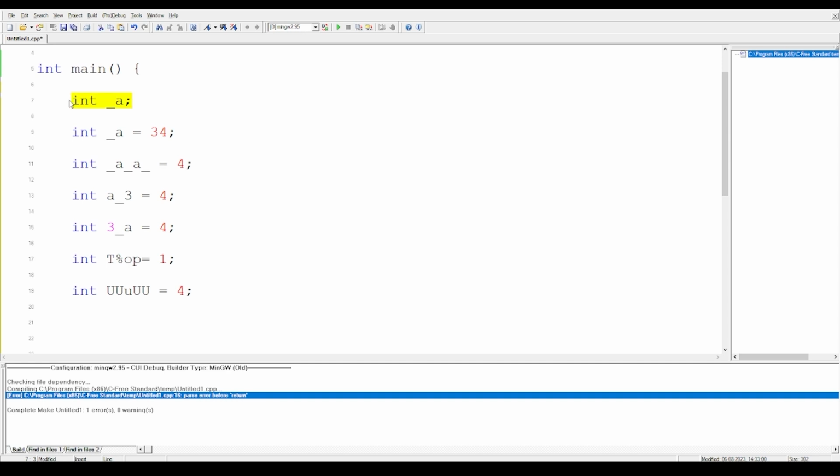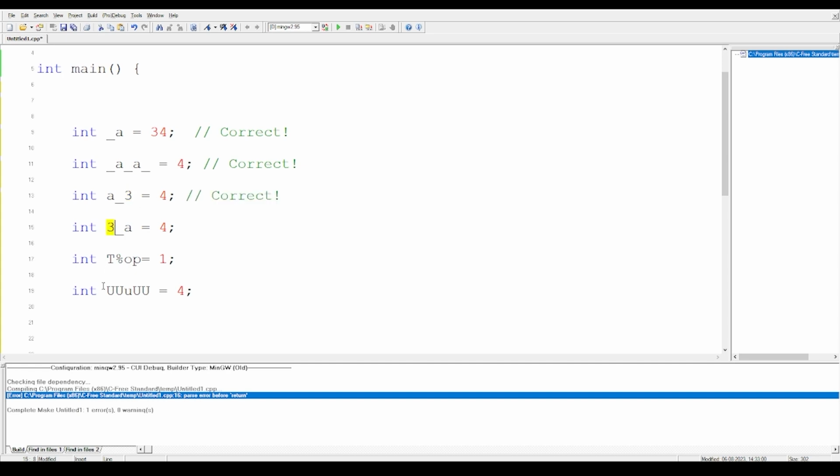So now over here, you see that underscore is not considered a special character. That means this is completely correct. Next, here we have an underscore in between, underscore a, no space, no rules are broken. This is also correct. I told you that we cannot start a variable with a number, but we can definitely put a number in between or at the end. So that means this is also correct.